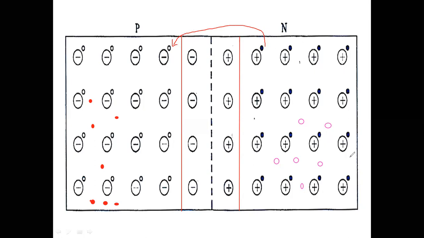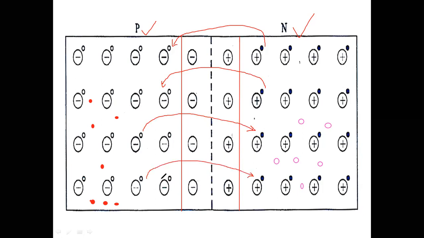Here electrons are majority charge carriers on the n side, and on the p side electrons are minority charge carriers. So electrons will move from high concentration to low concentration area due to two processes. First one is this attraction force and the second is this concentration gradient. Okay. So what will happen now? Likewise, this electron also wants to move towards the p side. Likewise, this hole also wants to move towards the n side.